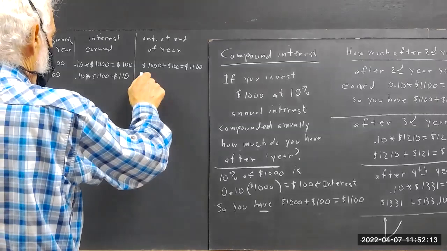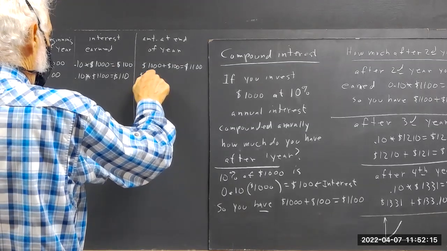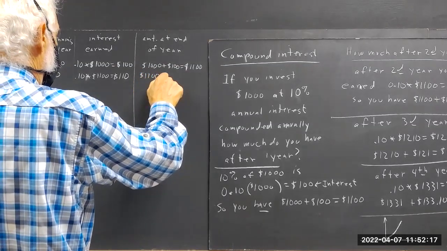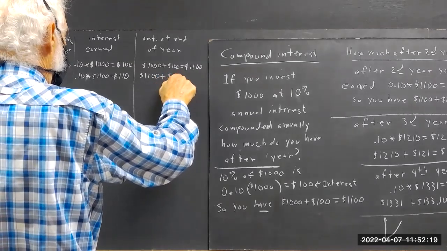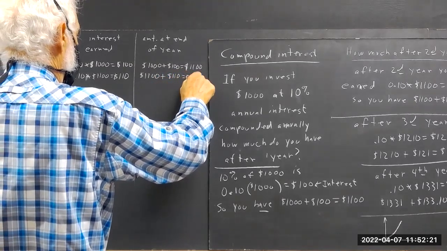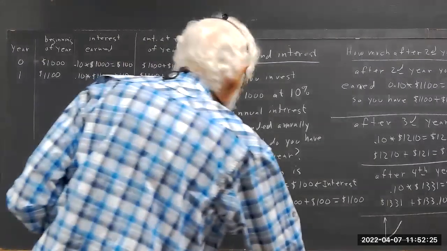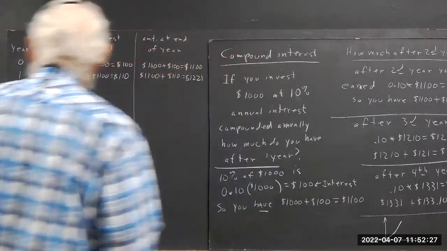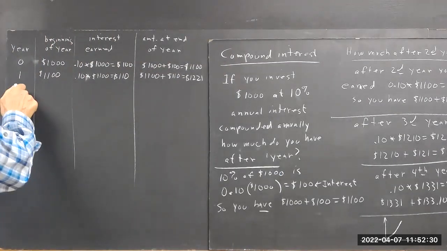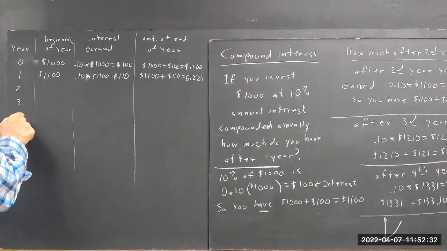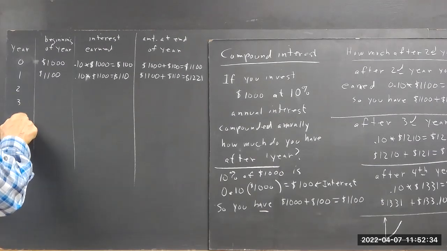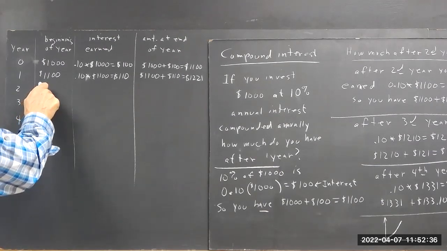And the amount at the end of the year is 1,210. So that in year 2, 3, 4, well,